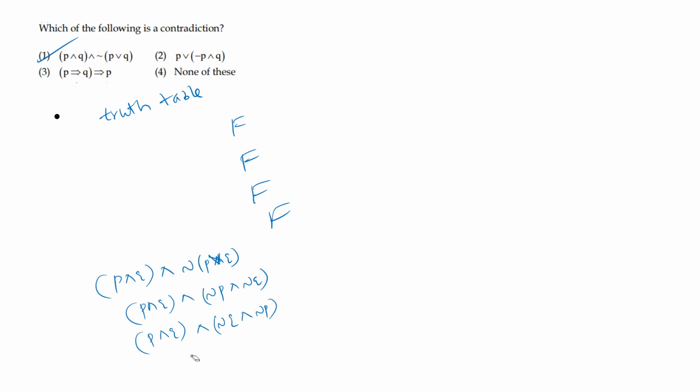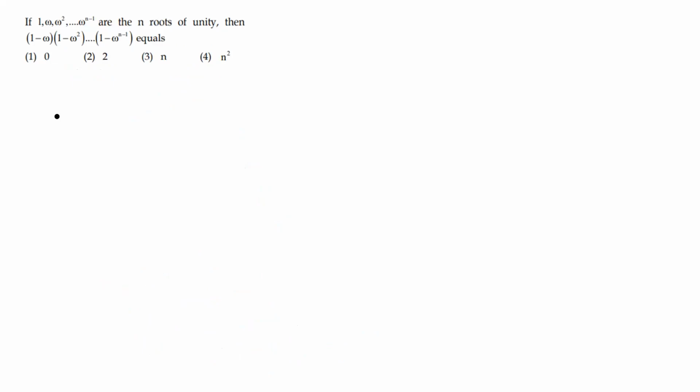Take these two combinations: P and negation Q, Q and negation Q, and negation P. P and negation Q is nothing but false. And negation P. Now P and negation P again, what will we get? False only. False and false. These two combinations, false and false, again what will we get? False. That's why it's clearly satisfying the contradiction. The first option is correct.